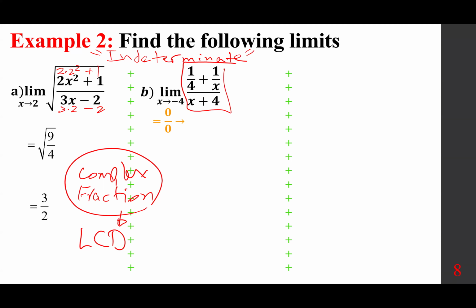You have two fractions in the numerator, 1 over 4 and 1 over x. Their LCD is 4x. You are going to multiply and divide by 4x. It's important to understand it is the 0 in the denominator that we are trying to get rid of. As a result,